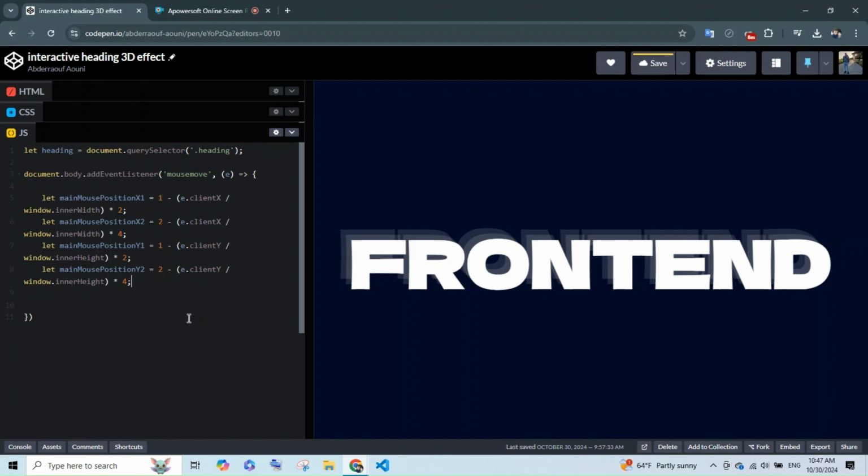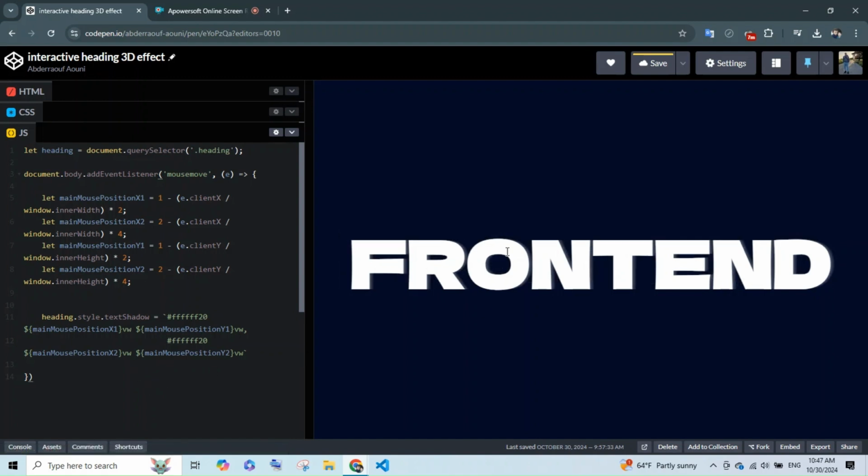This creates the illusion of depth, making the text feel like it's shifting dynamically with the mouse, giving it a 3D effect. Finally, the text shadow property is updated in real time to make it feel like the text is moving dynamically in 3D space as you move